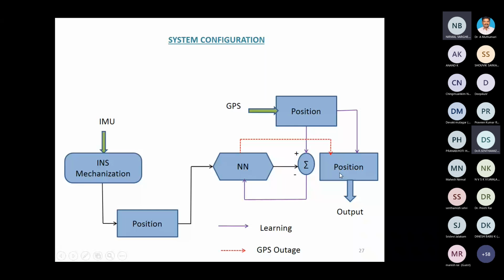So when GPS is present, you compare your trained output with the GPS values, and then you take your final position output. Even when the GPS is not available, we keep the already stored GPS values as the target output. Now the neural network trained INS is coming out as output.